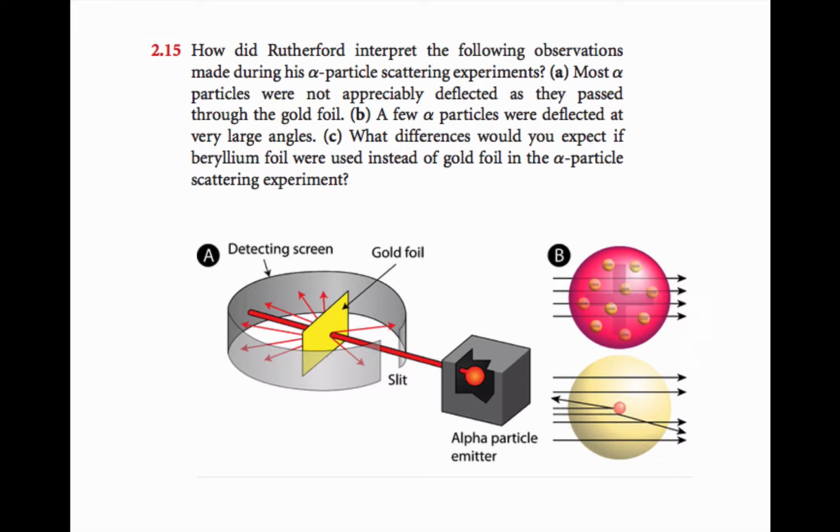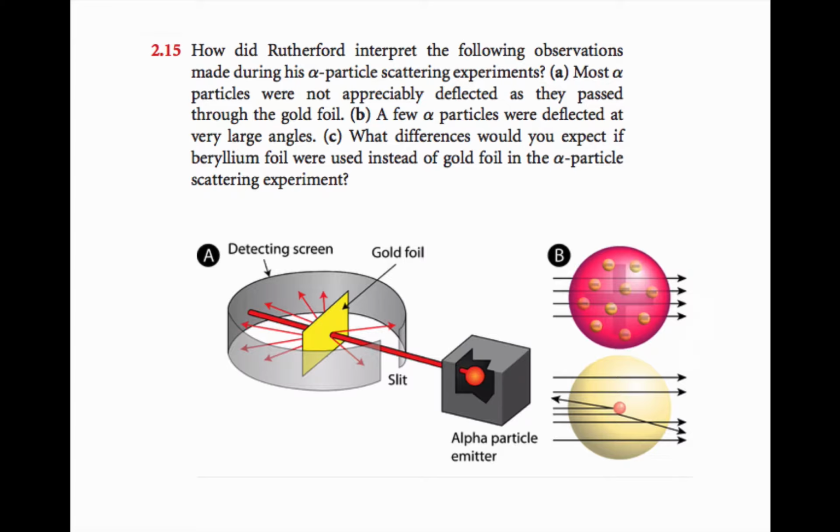What he found is that 99.99% of the time you didn't hit anything, right? This big helium particle went right through the gold foil and had no deflection. So the idea was that if there was a positive part to the atom, this positively charged alpha particle should get deflected. The fact that it wasn't getting deflected meant that most of the atom was made up of nothing,